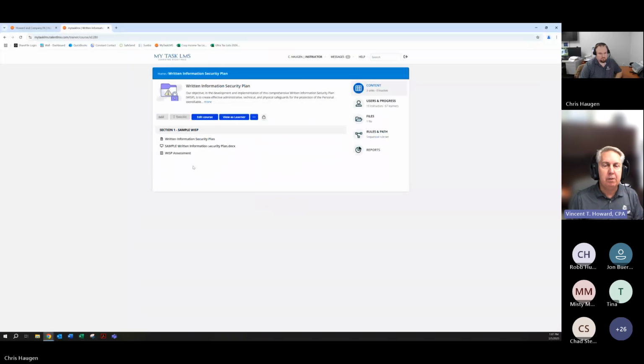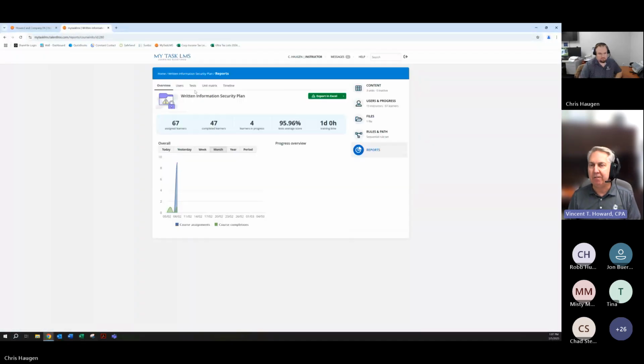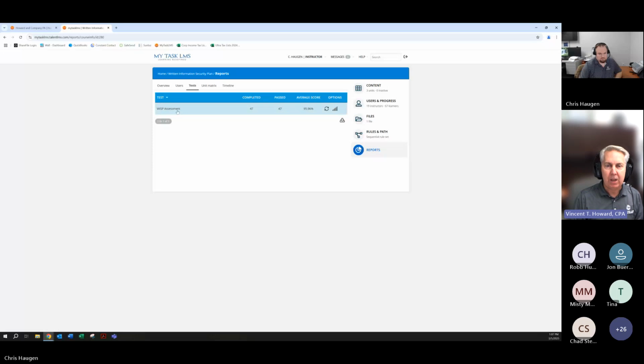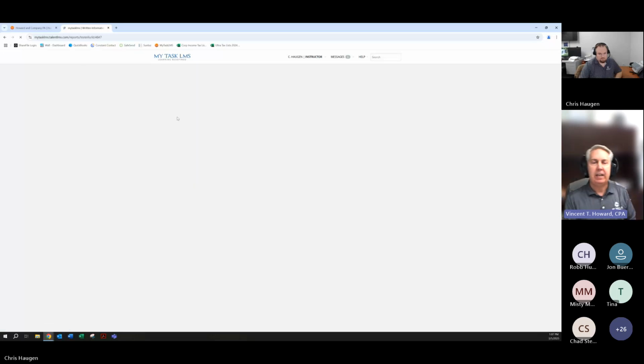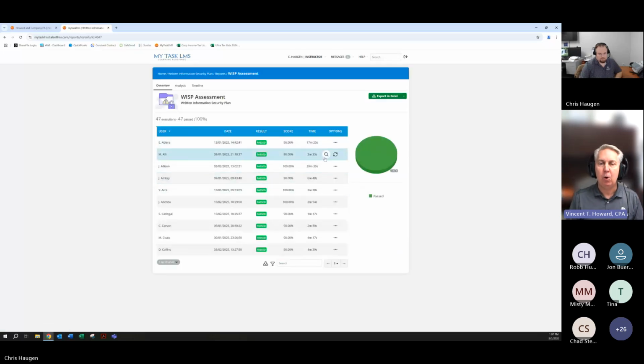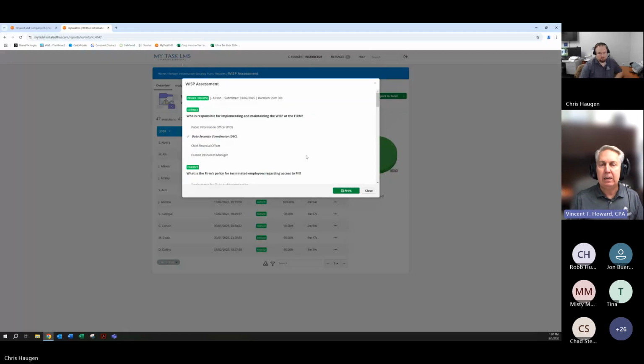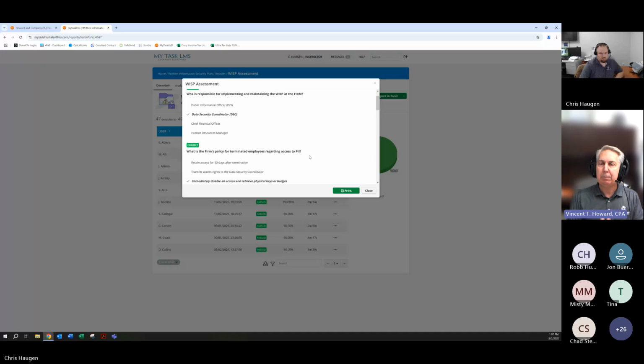Step two of compliance for the WISP is annual certification of all of your employees. So in this case, there is a 10-question WISP assessment that the employee completes. It does not ask specific questions to your firm, meaning it does not ask who is the data security coordinator.